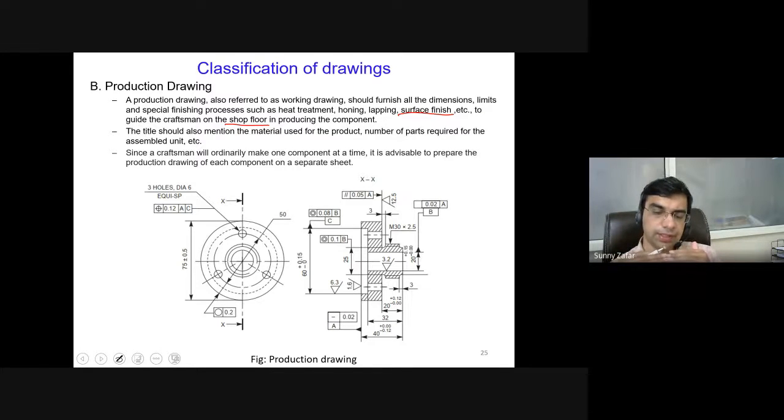If we need a surface which is quite rough, or a surface which is very smooth, we quantify this smoothness or roughness of any surface using a parameter known as surface finish, or there is an inverse parameter to it known as surface roughness. We have instruments to measure those, and those details are mentioned on the drawing in addition to the dimensional details. The production drawing should also have the complete information about the tolerances.